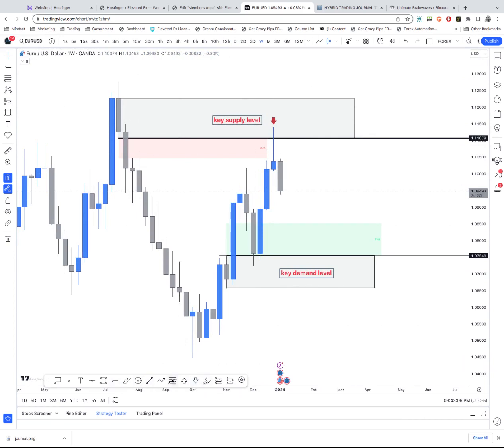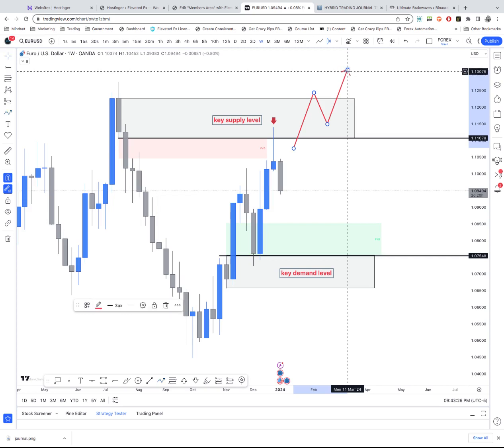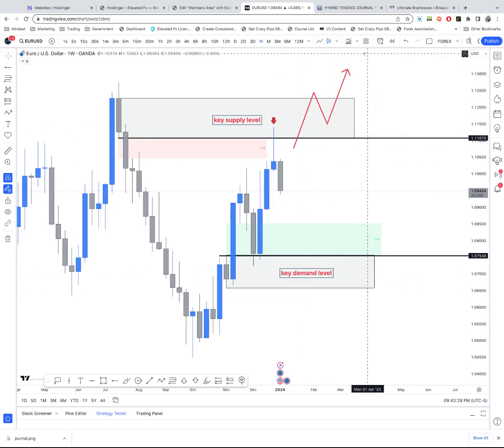And price came into here last week in the end of December. And then when it did, we're either going to see something like this, right? You're either going to see price go through the supply level and turn it around into demand and keep going